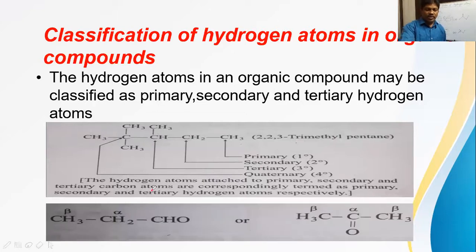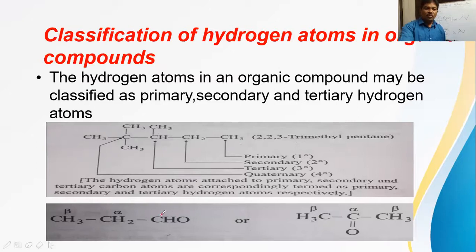And if you take this structure here, the CHO aldehyde group is attached to this carbon directly, right? So it is called alpha carbon and this is called beta. Only alpha, beta here. No gamma carbon, delta carbon in this case. And while giving numbering to the carbon atoms, we have to give number 1 to this carbon. The CHO carbon should be allotted first position, number 1 carbon, number 2 carbon, number 3 carbon we say here. While giving numbering, that we are going to study in nomenclature rules.